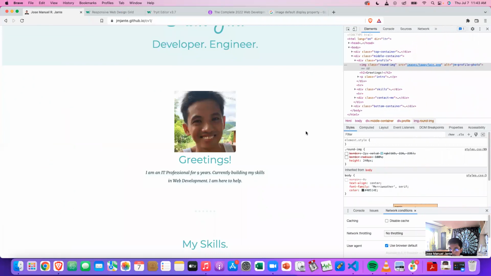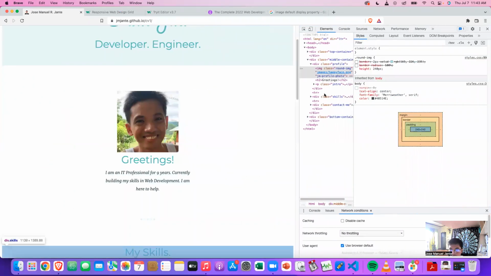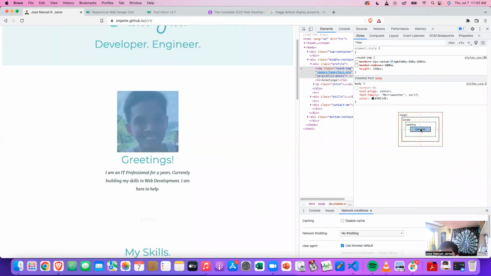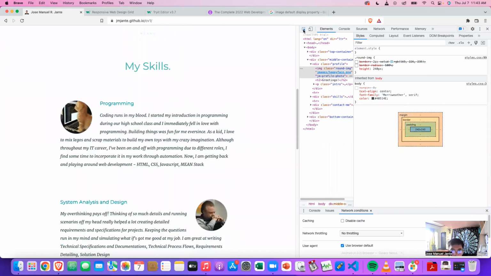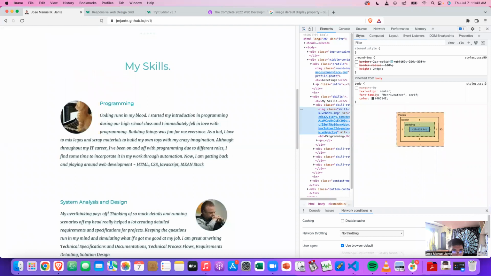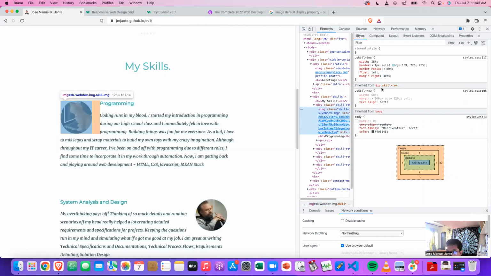And let's increase the size of this window. So, okay, let me use this instead. Let's remove the radius. As you can see, for this image,